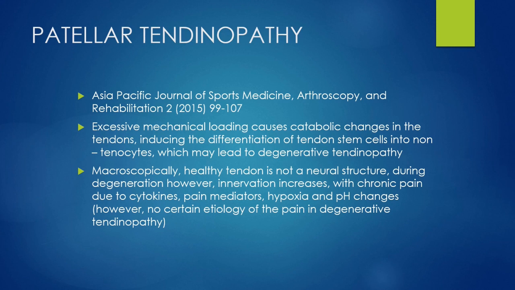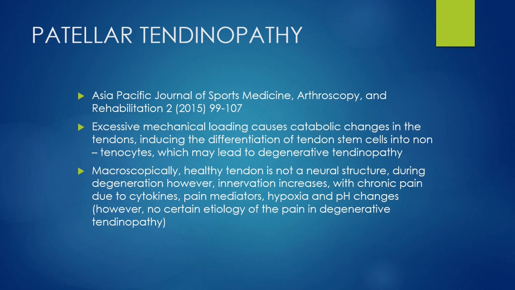Some of the cell types that have been found in degenerative tendinopathy tendon include chondrocytes, cartilage-producing cells, adipocytes, fat-producing cells, leading to fatty degenerative changes of the tendon, and also fibrocytes, fibrous connective tissue producing cell types. So we see the differentiation of normal healthy tendon stem cells into some other form of connective tissue stem cell, including cartilage cells, fat cells, and